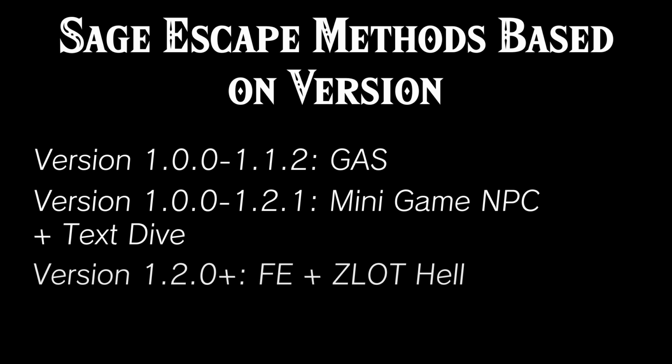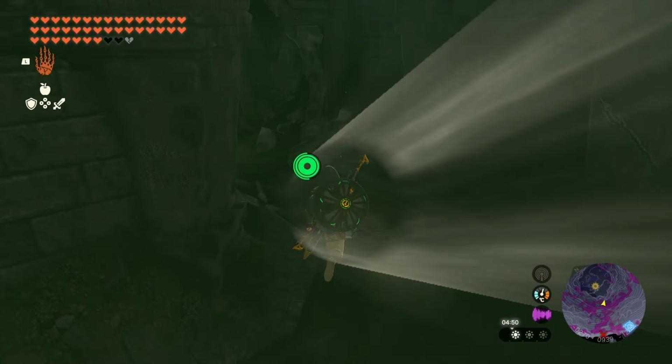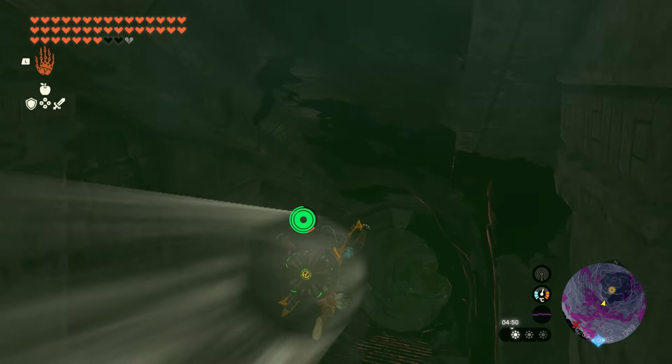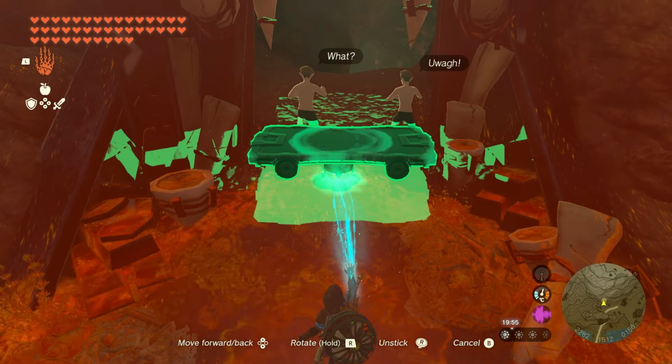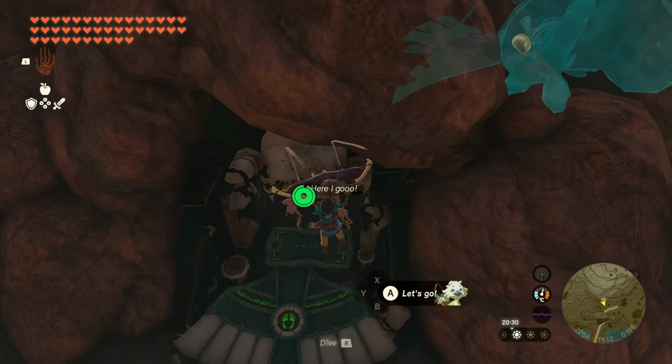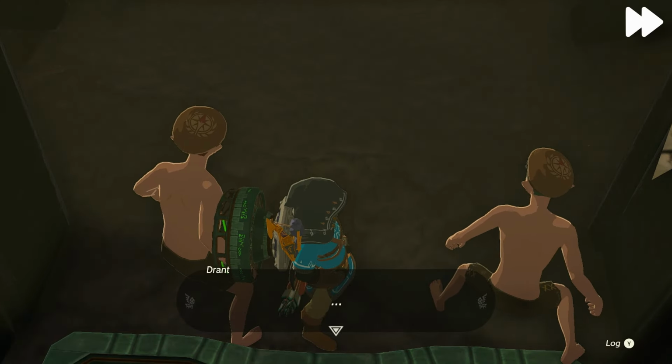You see, there are different ways to do so depending on the version. The earlier ones are annoying, while the later ones are miserable to set up. If you're playing on an earlier version, aka below 1.2, then gas is the ideal solution. Go to Foothill Monster Den, set up the platforms as if you're doing Hestu scamming, then go between the two guys like before, get through the usual cutscene stuff,